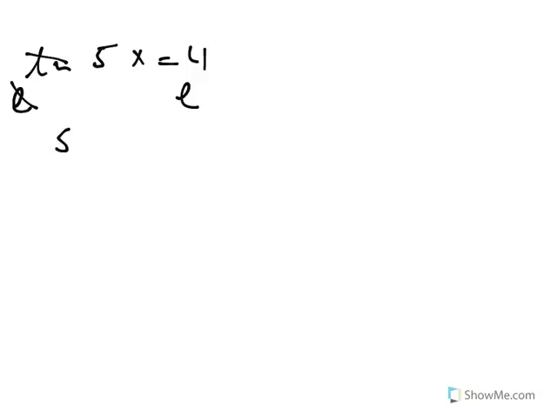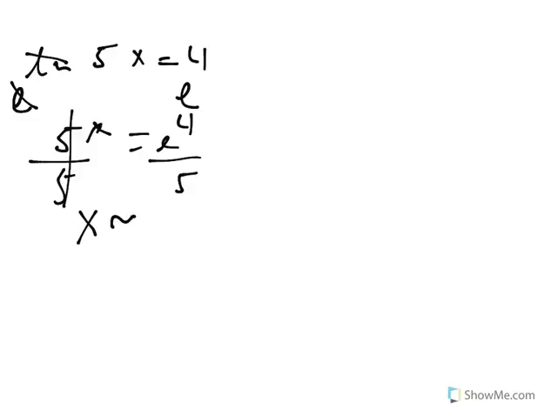So what's left is 5x equals e to the power of 4. So here we are going to use the inverse property of exponents and logarithms. To leave x alone, we have to divide by 5 on both sides. So 5 divided by 5 gives me 1. So x is approximately